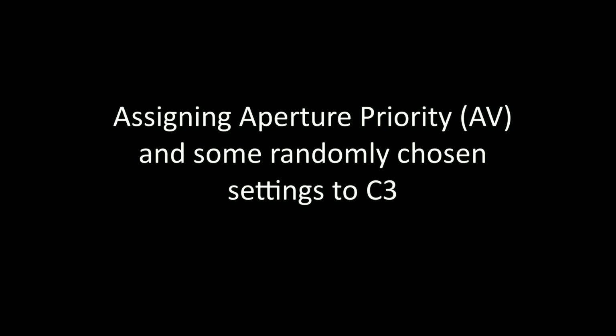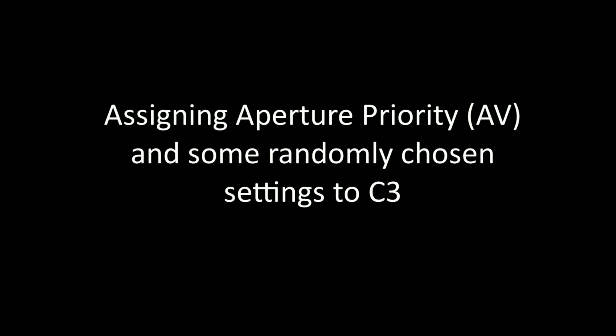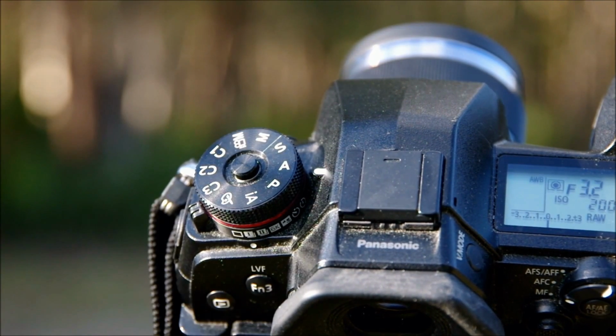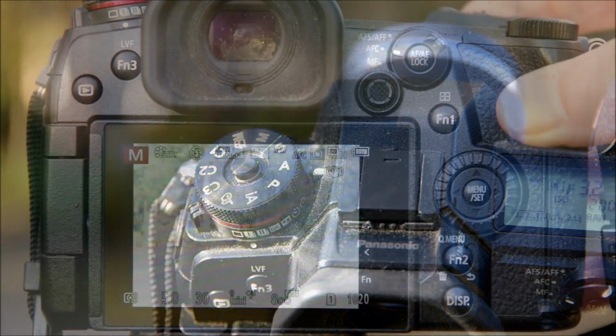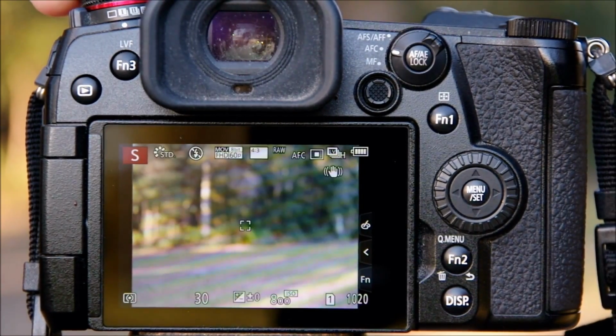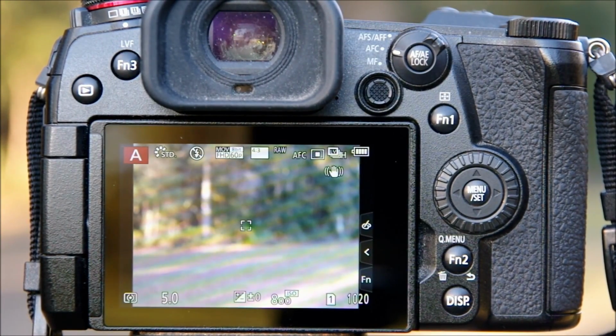So that's how I'm using C1 and C2 custom settings modes. But of course these modes are not just for video, you can use them for just about anything. So here you can watch in real time as I choose a totally random bunch of settings and assign them to C3. But let's say for a particular kind of photograph, I want to shoot in AV or aperture priority,